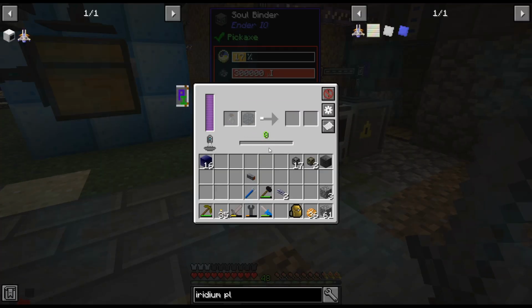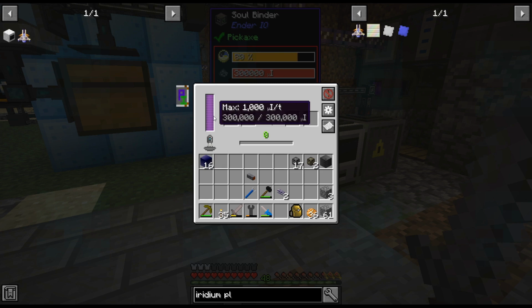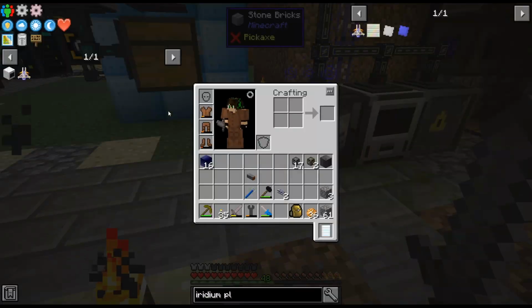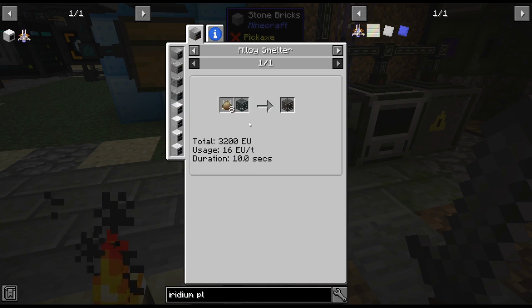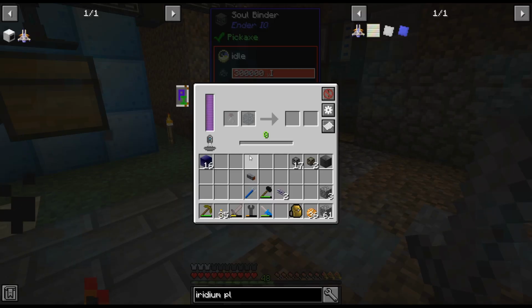But alright, it looks like it's actually working though. I mean, it put it in there. I just have a double layered RF capacitor. I didn't do anything fancy. Alright, so yeah, if we want to automate this, I definitely need the obelisk, which is easy. Yeah, I even have Solarium automated at this point, so...